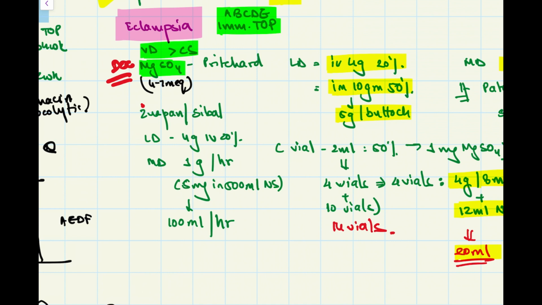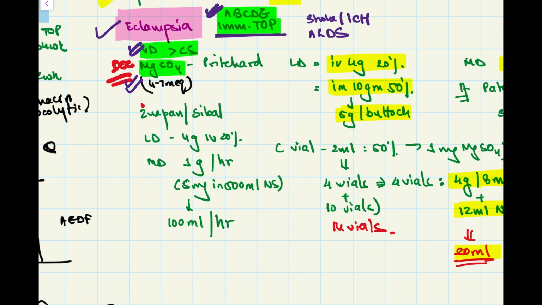Now, eclampsia is nothing but preeclampsia with seizures. Here, there may be death due to stroke or intracranial hemorrhage. There may also be presence of ARDS. For treatment, first we do the ABCDE, that is the airway, breathing, circulation, right? The emergency management, and we do immediate termination of pregnancy. The mode followed is vaginal delivery, which is preferred more than C-section, and the drug of choice for eclampsia is magnesium